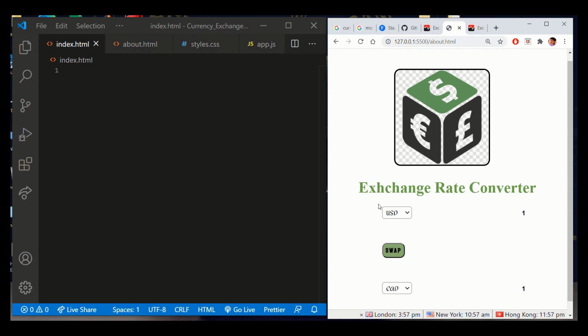The only thing we have to worry about is this one: the USD, the input and output currency, and the output value. If I need some USD, you could see that we have the default USD and Canadian dollar, because I have selected it as a default. I will show you how to select it as default too. It's not mandatory that it should be the first one, which here is AED, but we could provide any default value in the same way here too. So if I'm using USD